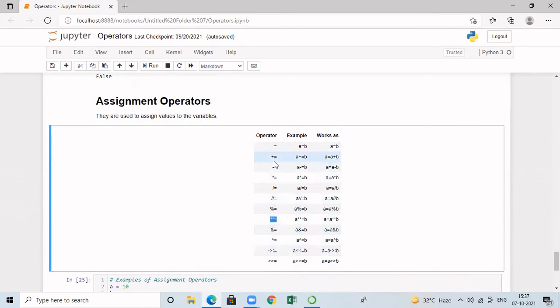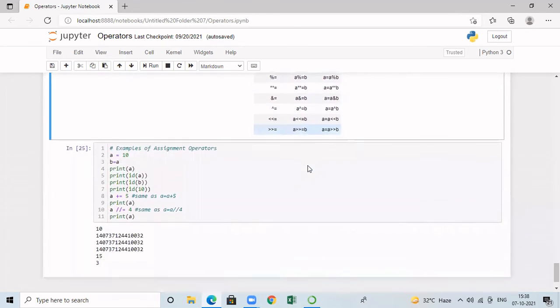Now let us understand how this plus equal is going to work. It is also known as the shorthand assignment operator. When I write a += b, this works internally similar to a = a + b. It will take the value of a, add it with the value of b, and whatever is the answer, that will be assigned to the original variable a. Similarly, when I perform a -= b, internally it will perform a = a - b. So these are shorthand assignment operators.